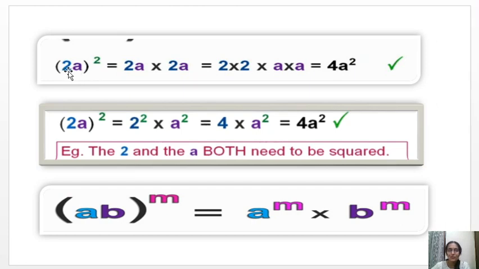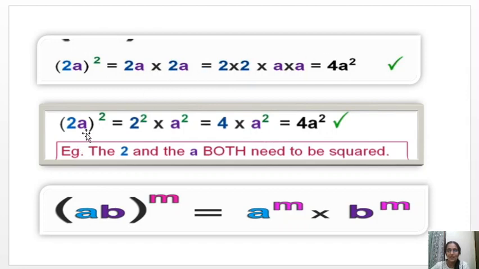What do you mean by 2a whole power 2? The base is 2a. There are two bases here. What is the meaning of exponent? 2a power 2 means we have to multiply 2a into 2a 2 times, right? Let us rewrite the numbers together: 2 into 2 into a into a. So how much is a into a? It is a square. One power is 1, so add up, it is a square. 2 into 2 is 4.